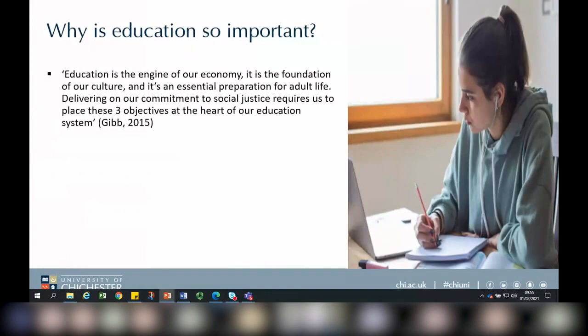Okay, so another thing that the government's been talking about quite a lot is education. So why do you think education is so important, and why are schools and colleges and universities encouraged or required to stay open? I guess it's because keeping the skills up in each country is important, because it helps the economy and the future. Absolutely.